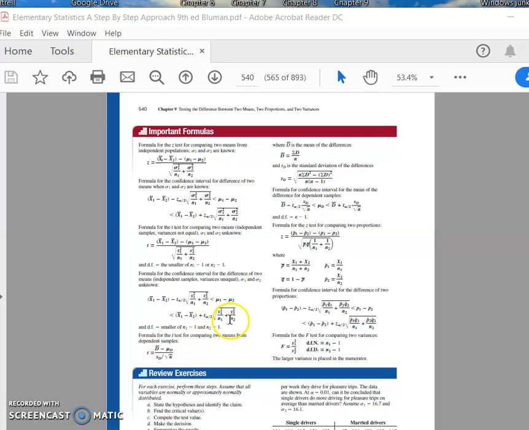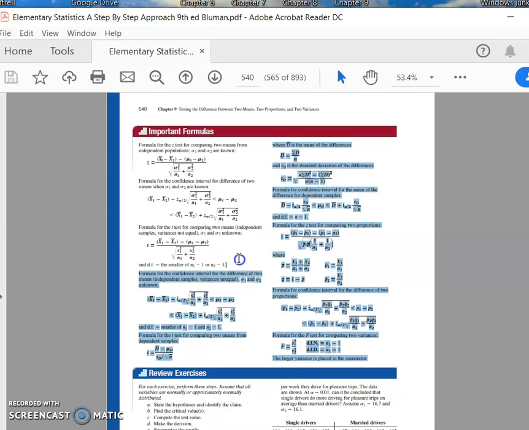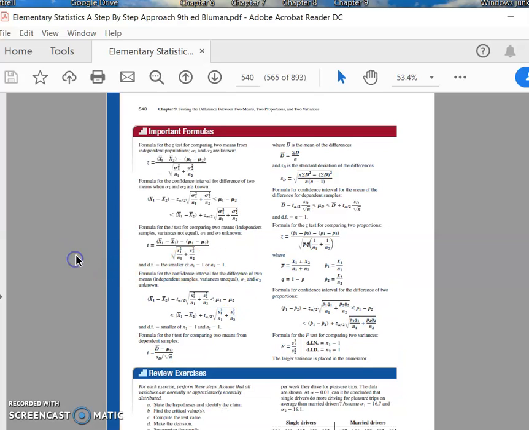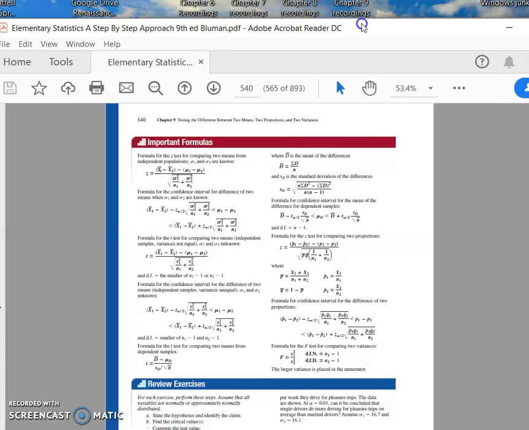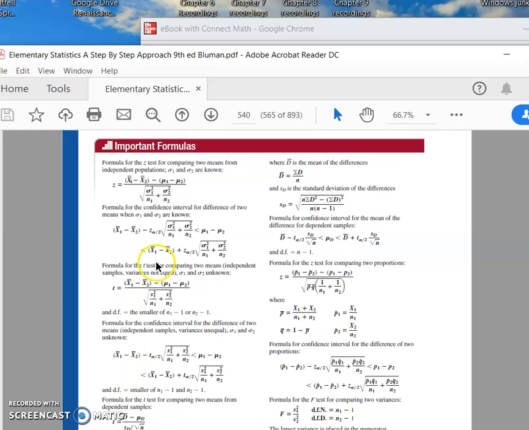Okay, and I mentioned to you that there is a page in your book that gives the important formulas, and here it is. This is the page from the 9th edition, but there's a similar one for the 10th edition as well. So gosh, I'm trying to get this a little bit bigger for you. Here we go. All right, so what we've done so far is this formula right here,